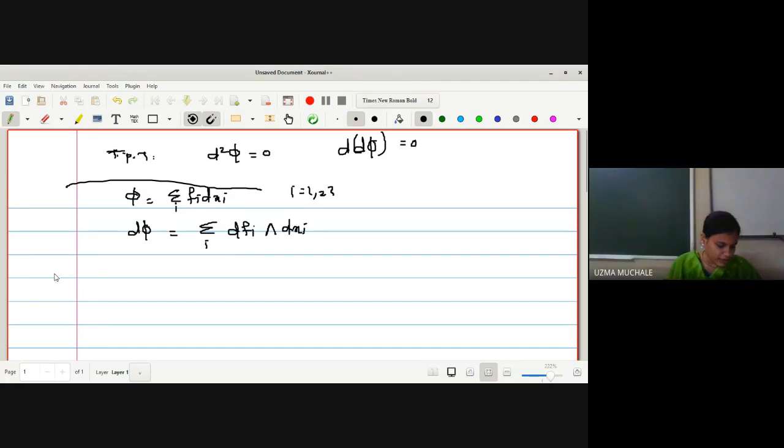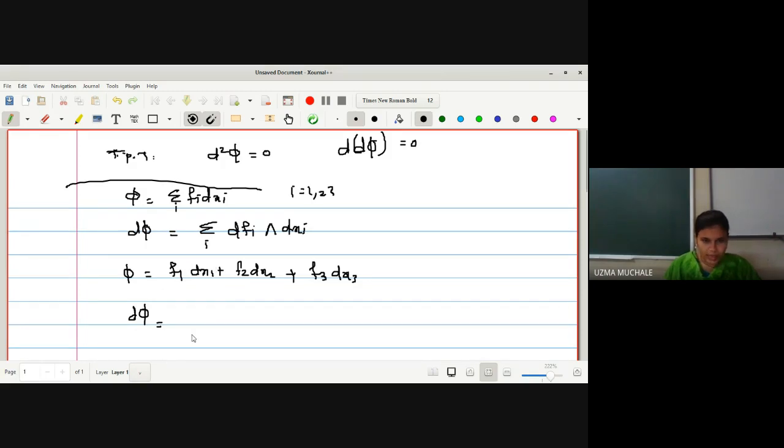I hope you're writing with me. So let us start the proof. First, we will go with this one. Phi is equal to what is given to us. It is f1 dx1 plus f2 dx2 plus f3 dx3. Okay. Now, with the help of this one, we are going to find out what is d phi. So let me evaluate what is d phi. As phi is a one form, d phi will be a two form. That means we have to just evaluate this d.